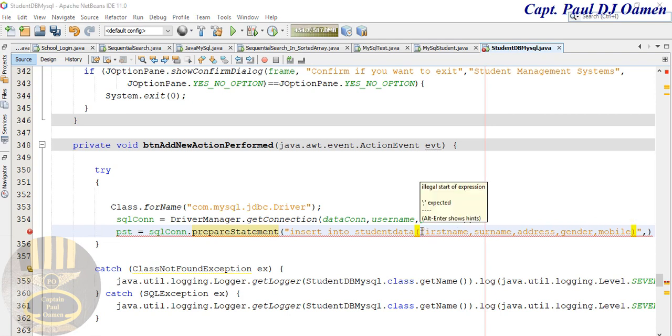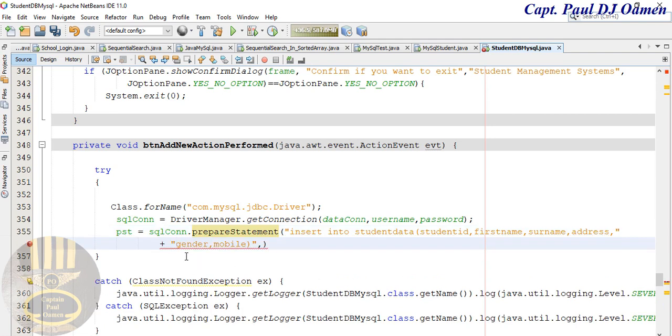Okay, there should be student ID right up here, so student ID, right. So I'm going to press enter, and after mobile, then I have